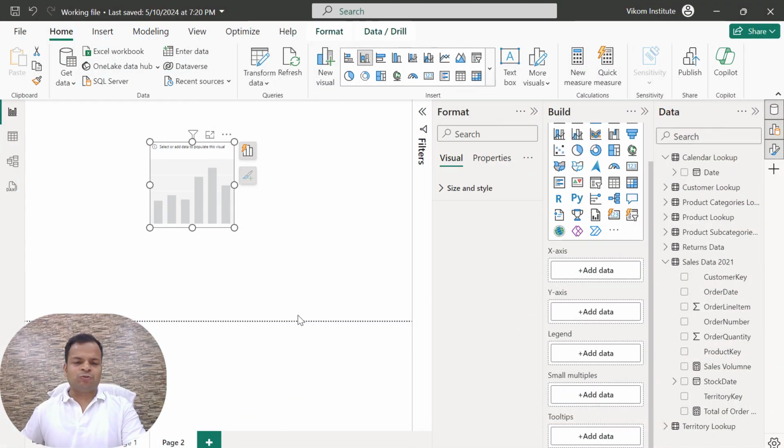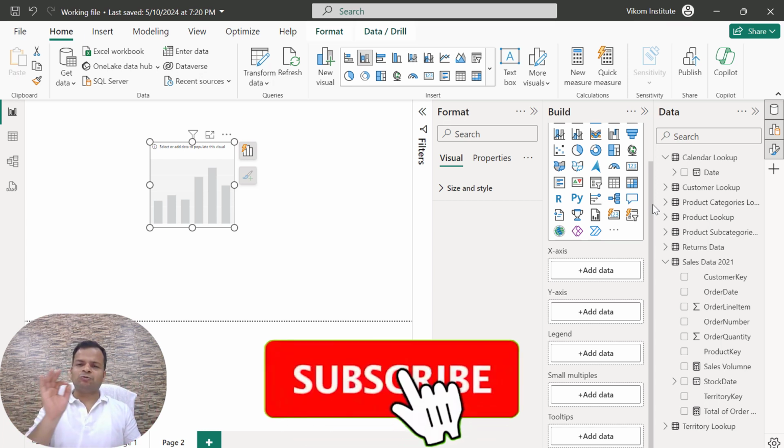Here I am going to add date in the x-axis, so it is going to show me my dates in horizontal form. But I have lots of dates in my data, so a column chart would not be preferable to me. A line chart would be preferable. Whenever your data is big, whenever your date series is big, like in my data there are 365 dates. Since I am talking about year 2020, there are 366 days, so in my data there are 365 entries belonging to those dates.